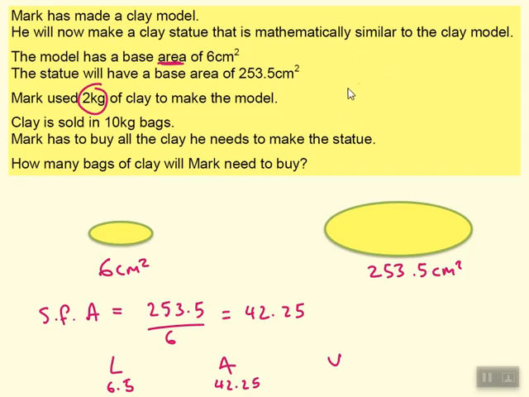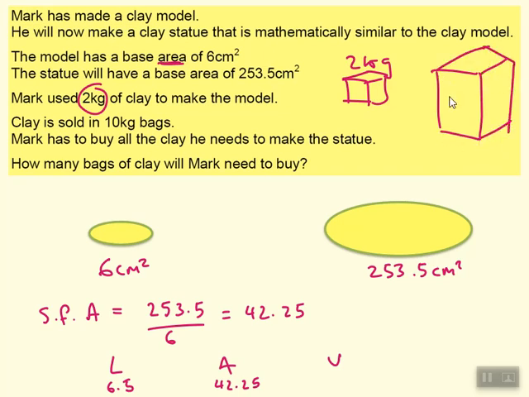If you think about it, if you make a little kind of cube that weighs 2 kilograms, then if you scale the cube up, it's going to weigh more, isn't it? But the proportional factor is connected to the volume, isn't it? So the bigger the shape, the bigger the volume, the bigger the weight. So that 2 kilograms, you can think about it as a volume in that sense. So what you want to do is you want to work out the scale factor for the volume, which would